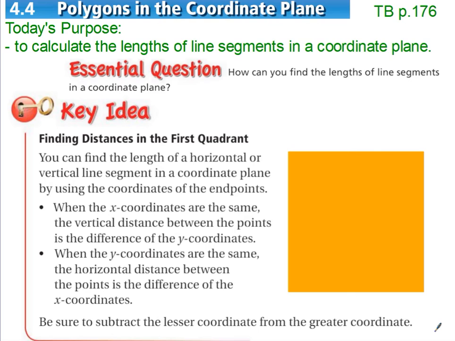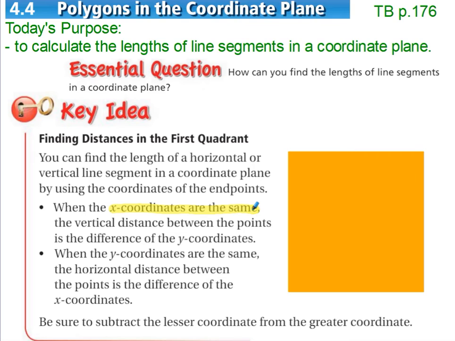We're not talking about any line segments that might go from quadrant 1 to 2 or from 1 to 4. We're just talking about the first quadrant. So you can find the length of a horizontal or vertical line segment in the coordinate plane by using the coordinates of its endpoints. If the x-coordinates are the same,